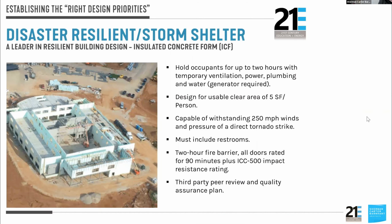Something that has become more important, and something we've been able to take advantage of with the insulated concrete forms, is that we have just recently adopted the requirements for storm shelters for all new education buildings throughout the state of Kentucky. This has been a process to try and understand what needs to change, but it's been a process that's been